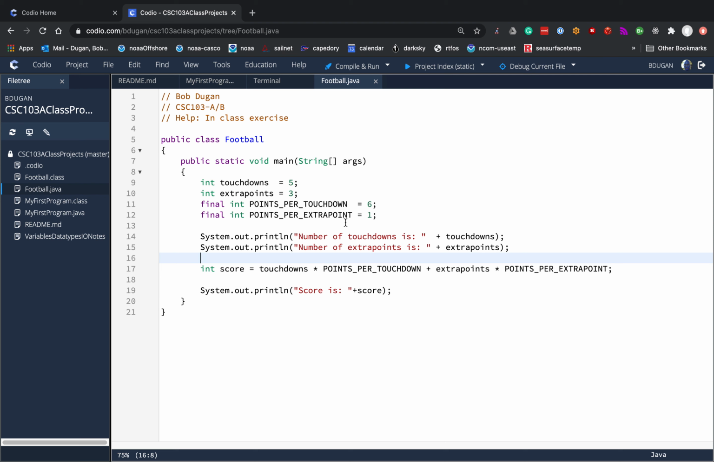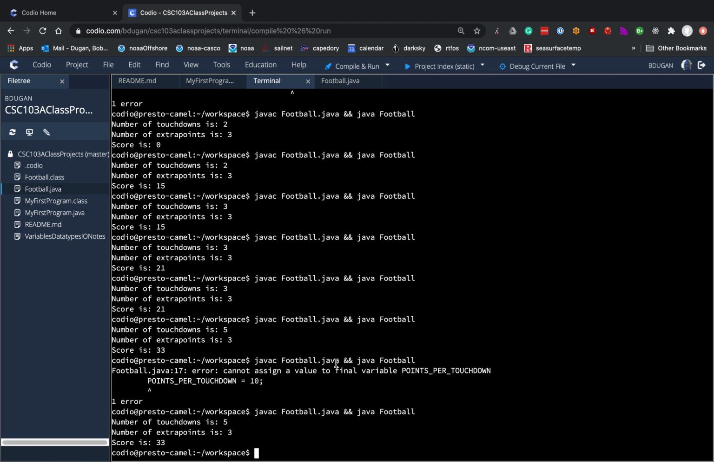The only thing that I would want to change about this program to improve it just a little bit more is I want to make the program flexible enough so that we can get some information from the user. Because wouldn't it be nice for the user to tell us what the number of touchdowns is and what the number of extra points is instead of hard coding it in the program? Because right now, if we just go back to here, right now you could